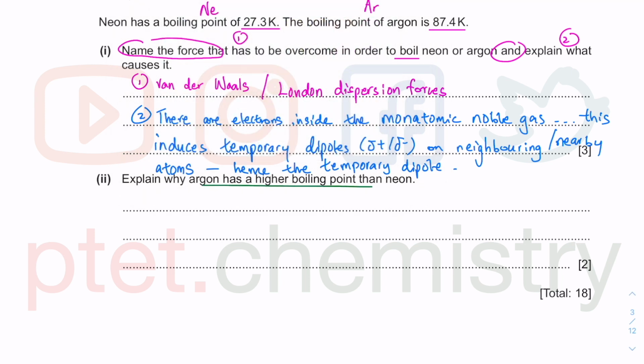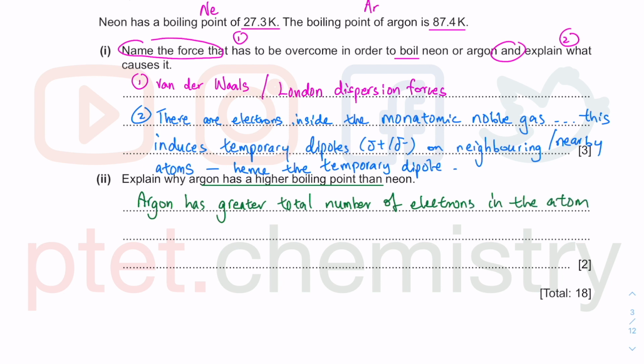Last but not least, you also have argon. Argon has a higher boiling point than neon. That is a result of argon having a greater total number of electrons. You will see that there are 2 marks. So greater total number of electrons in the atoms, so the van der Waals is stronger. But that is factor number 1. There is also a second factor, which is to do with surface area. Argon has bigger size